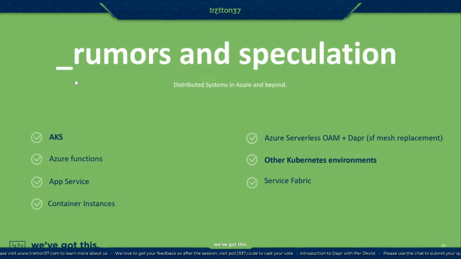So there are rumors that something is going to be announced in the coming weeks around Azure Functions, and how Azure Functions and Dapr could collaborate. And then you could speculate that maybe App Services within Azure could also have this application model at hand. Of course, container instances is already possible in some form to get Dapr running there.